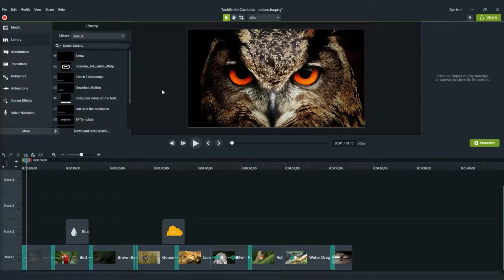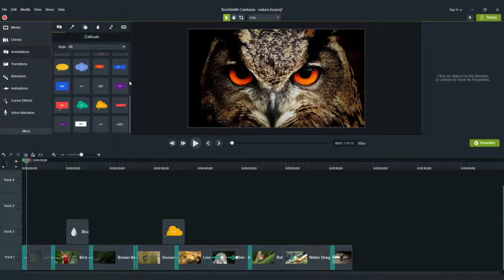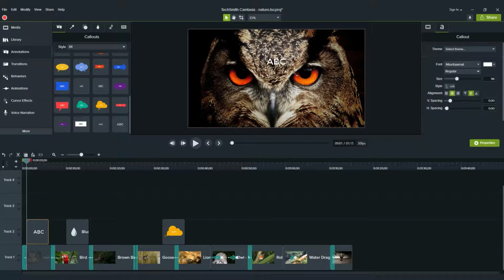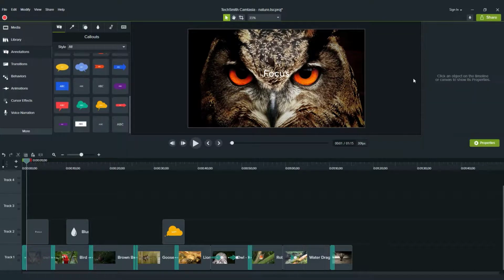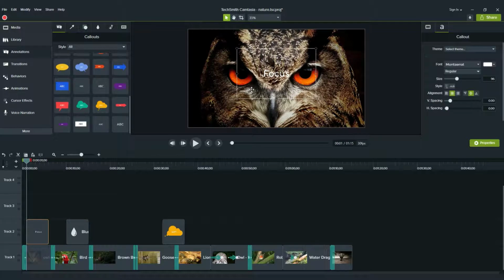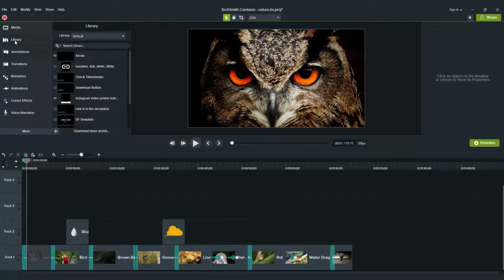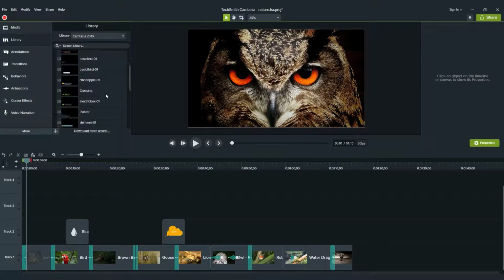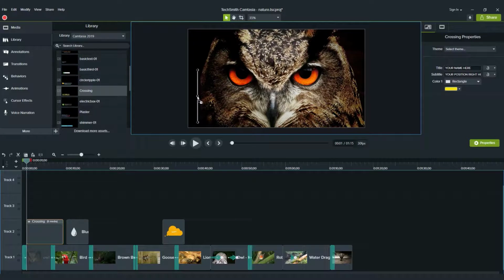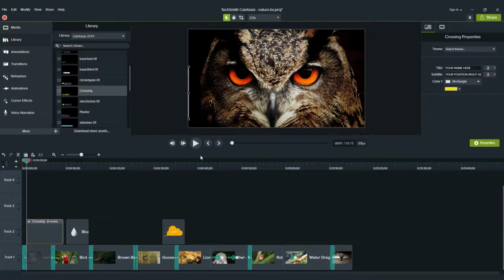To add text to your project, you can go to Annotations and choose this text. And of course change some font and font size and font colors. But this text is a little bit ordinary, so we want to add some cool animated text. Go to your library, select this Camtasia 2019 and choose lower thirds, for example. And let's add this crossing over here. And if I click play, sorry,